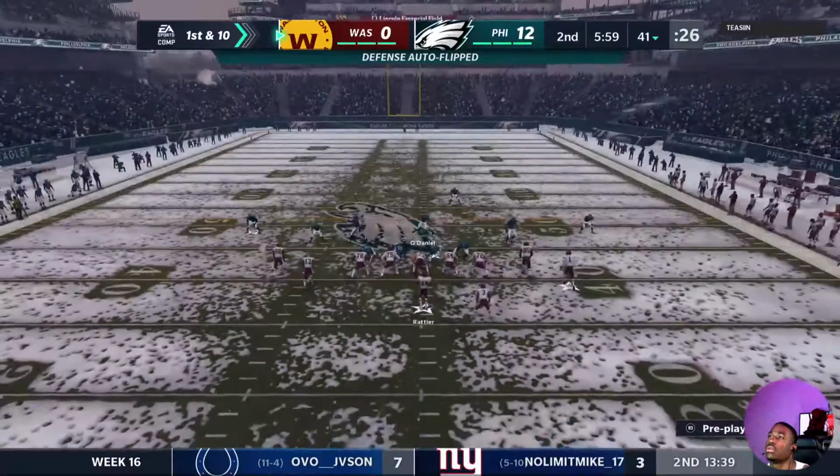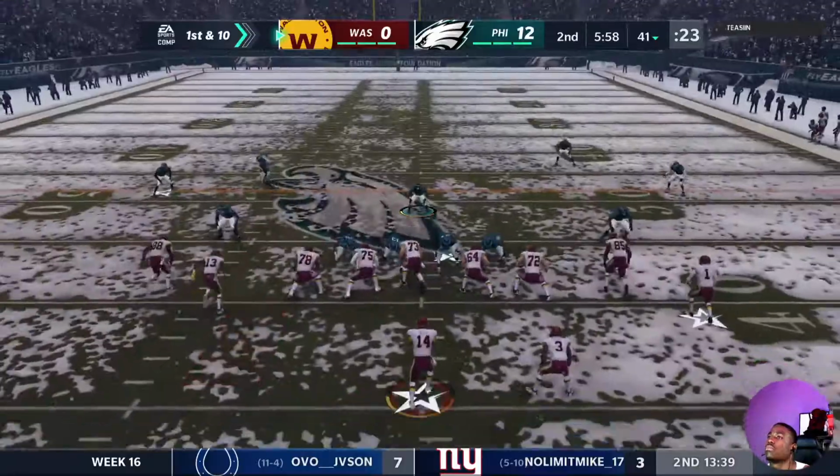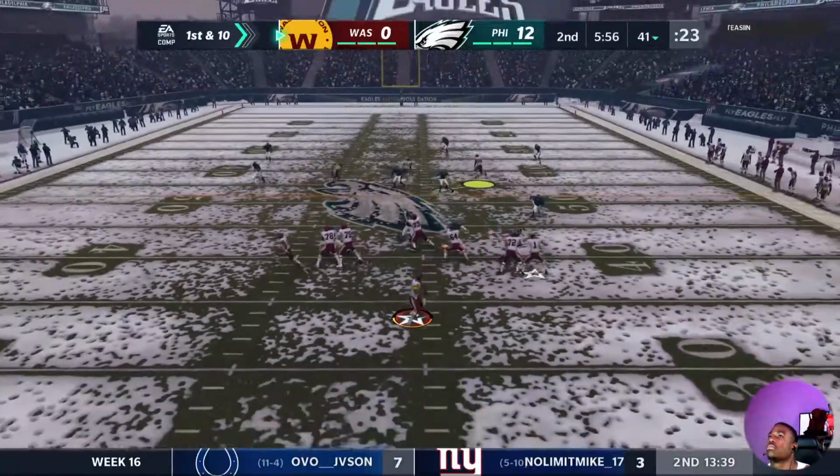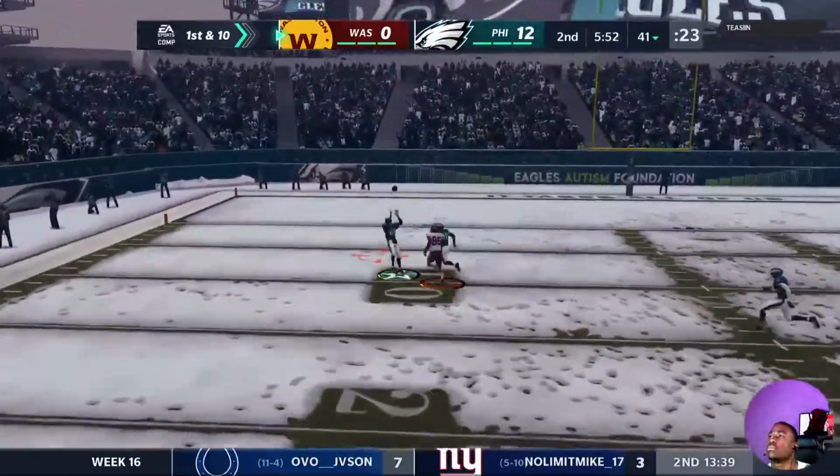Out there set and ready for this next drive, the Washington offense. And this is not an easy situation. You're down early, in the elements, you're on the road. How do you get the mojo back? But one thing to remember is that